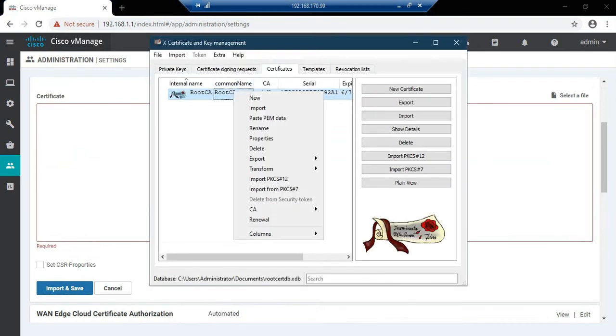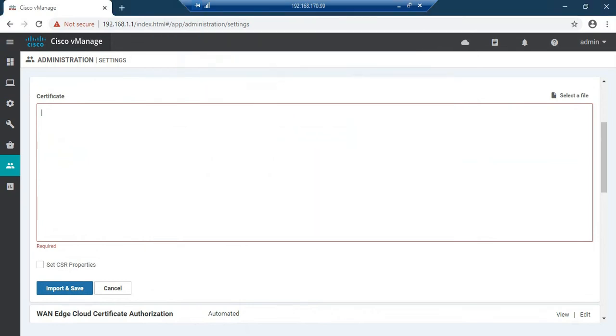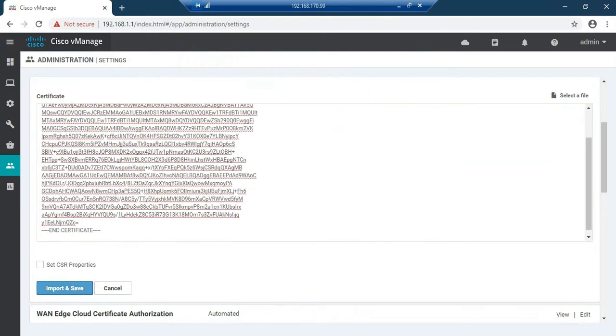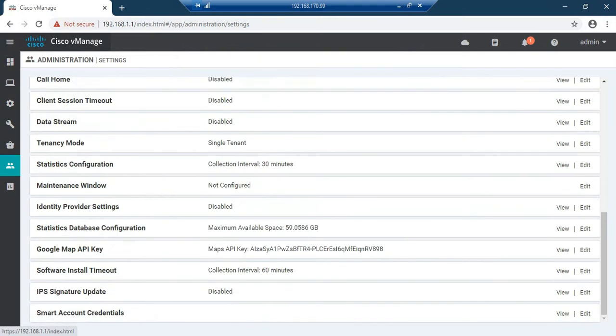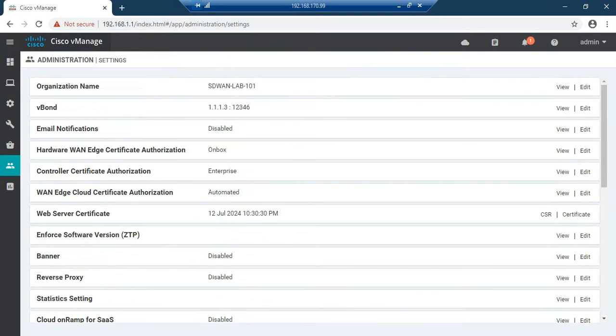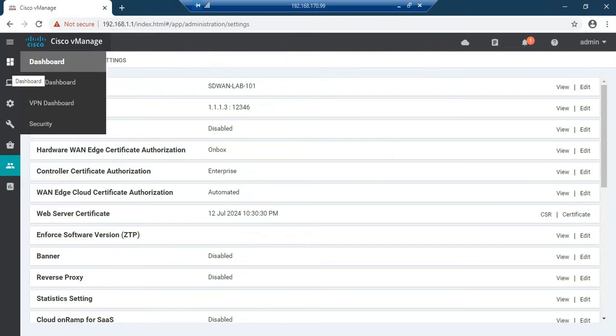So this is my root CA. Let me export it to the clipboard, and let me paste it in. So let me import and save. So my basic configuration is finished. Now let me go back to the dashboard.